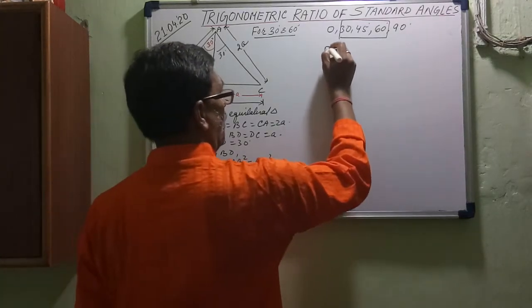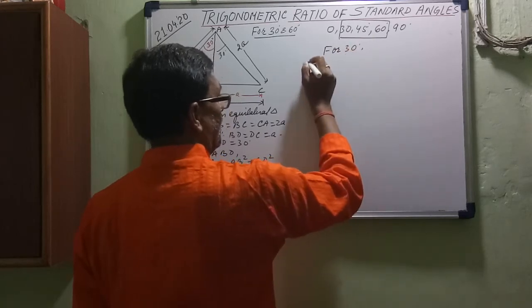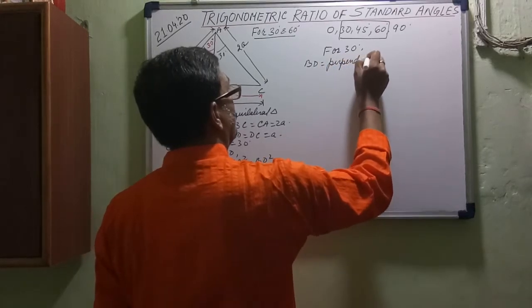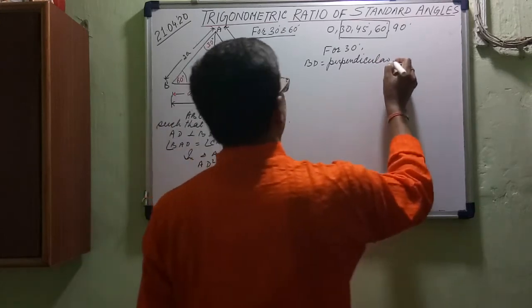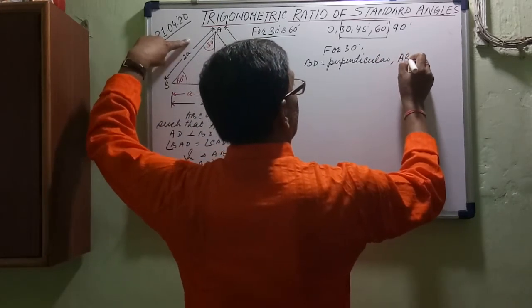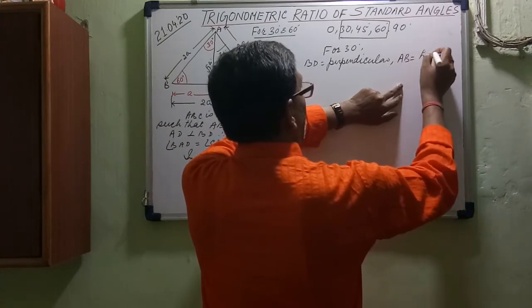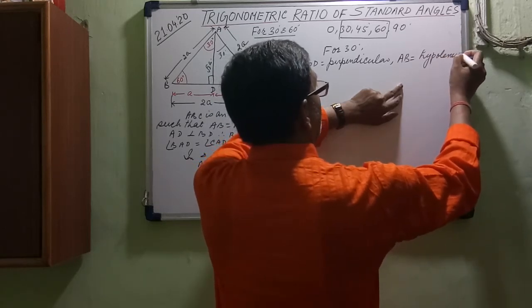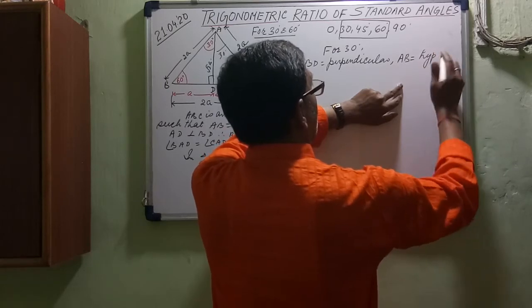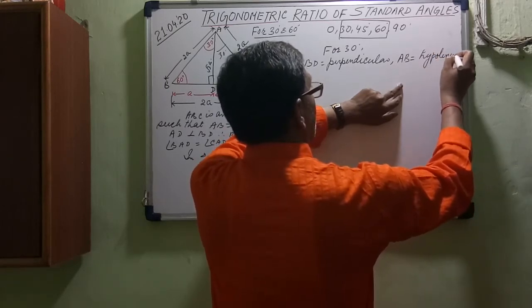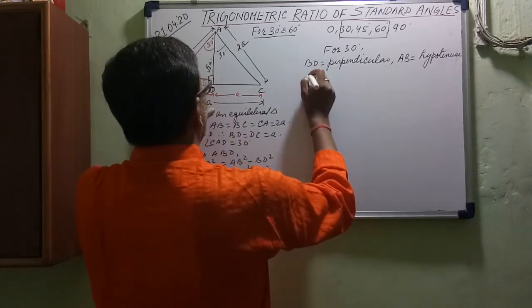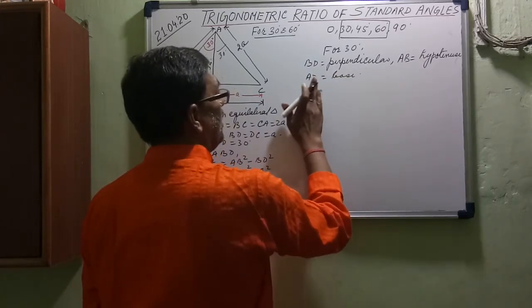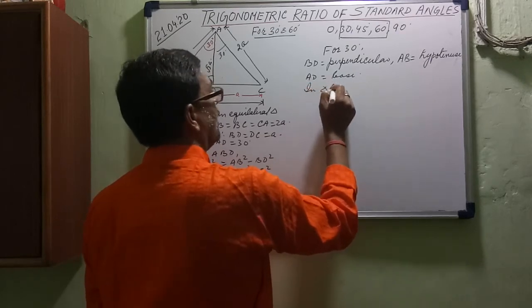So, I will write here, for 30 degree, BD is perpendicular, AB is hypotenuse, and AD is your base. So therefore, in triangle ABD,